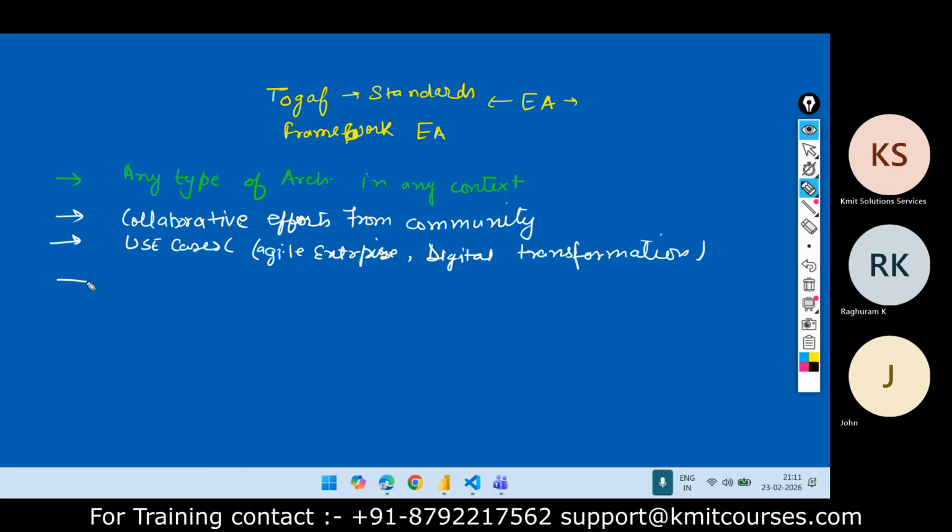Next, the TOGAF standard describes a standard cycle of change.